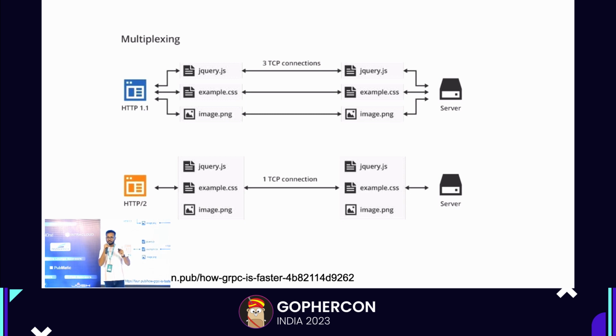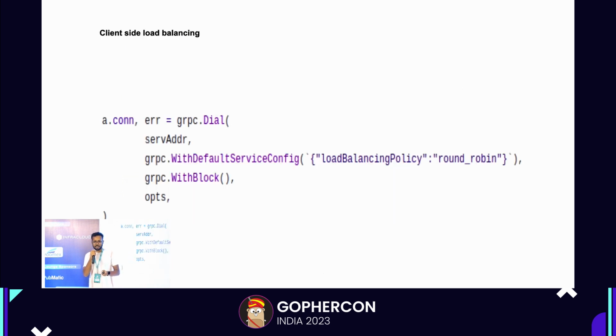So if you look at the image carefully, the web page requires three resources actually. One JS file, a CSS file, and a PNG file, okay? So what a REST client is going to do is create three connections from client to server, channel the requests along the three connections, get the resources and do whatever it wants to do, right? But gRPC is going to create only one connection, multiplex all the requests in the single connection, okay? And get the resources. So in that way, gRPC is faster than REST, but this is going to